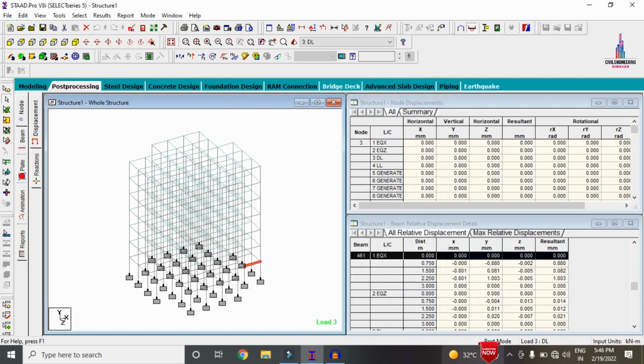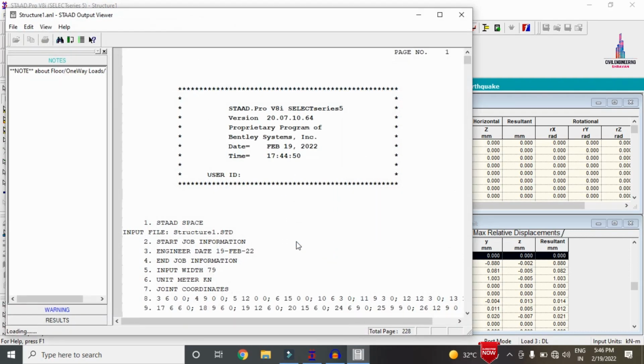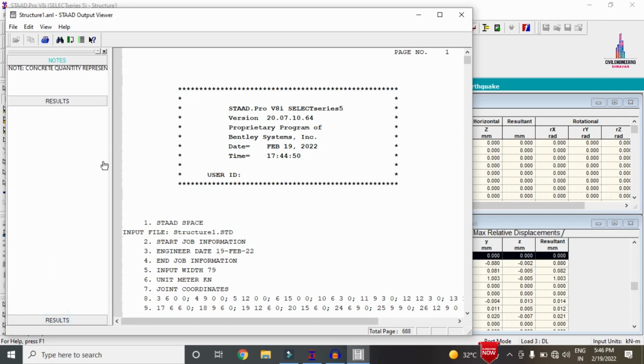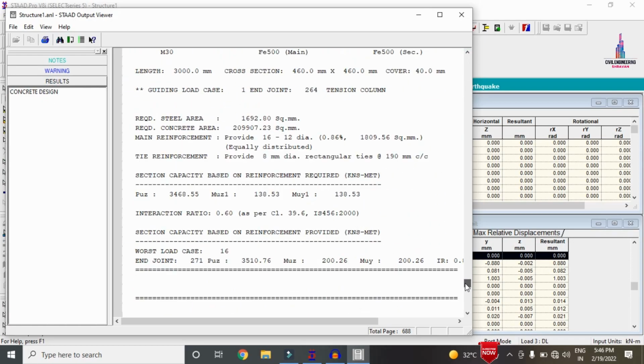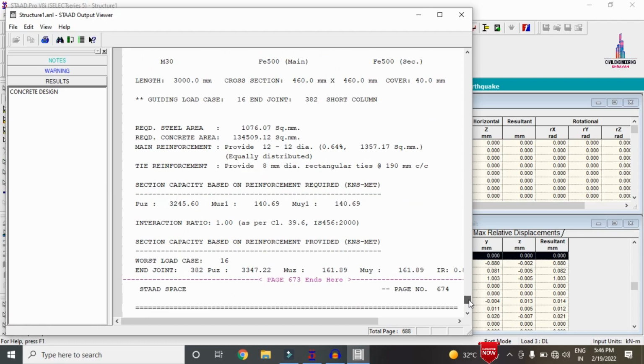Okay, so now we have to see the STAAD output file. Click on the STAAD output file option so that it will load the STAAD output file results related to the plate section reinforcement values. Select concrete design here, and select the last point, which is related to the plate section reinforcement